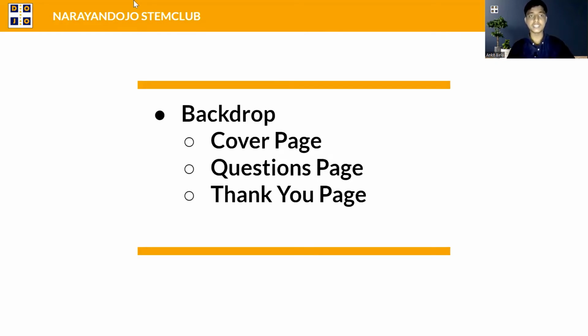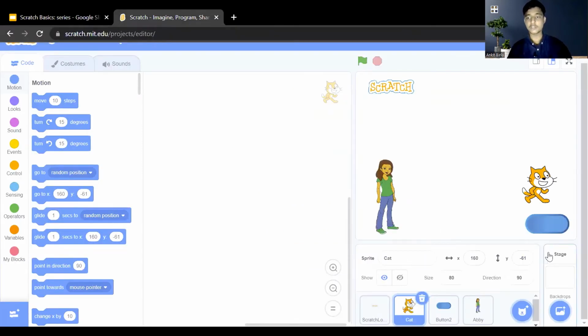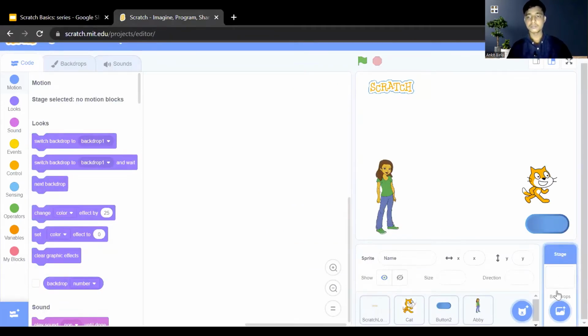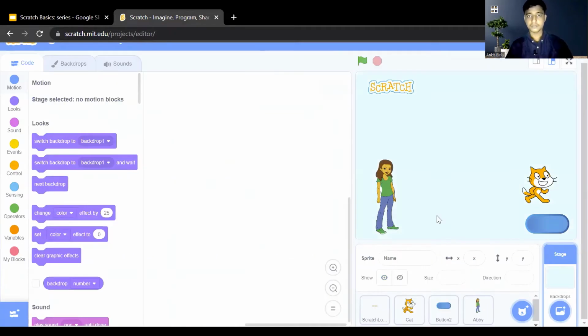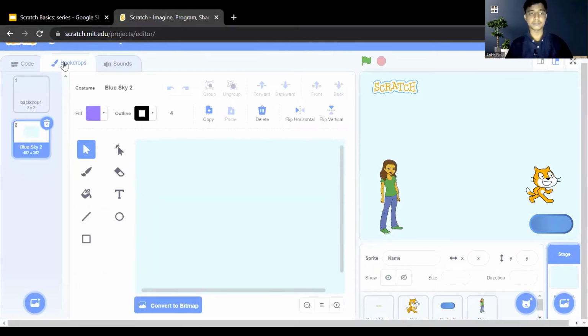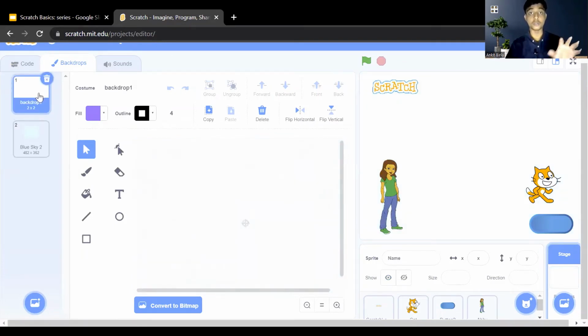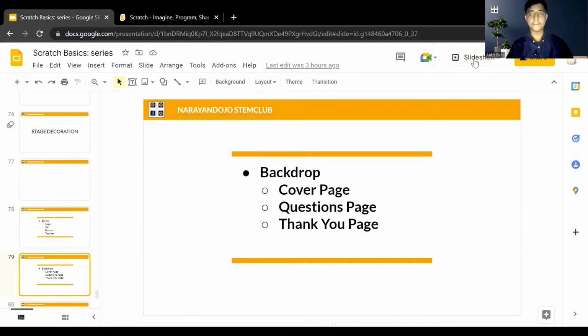So go to the Scratch editor, click on the backdrop section, come on this option. Now click on the choose a backdrop. And here I'm choosing the blue sky too. Now click on the backdrops and now edit them. So first of all, delete this blank backdrop because we are not going to use it inside the made a book project. Click on it